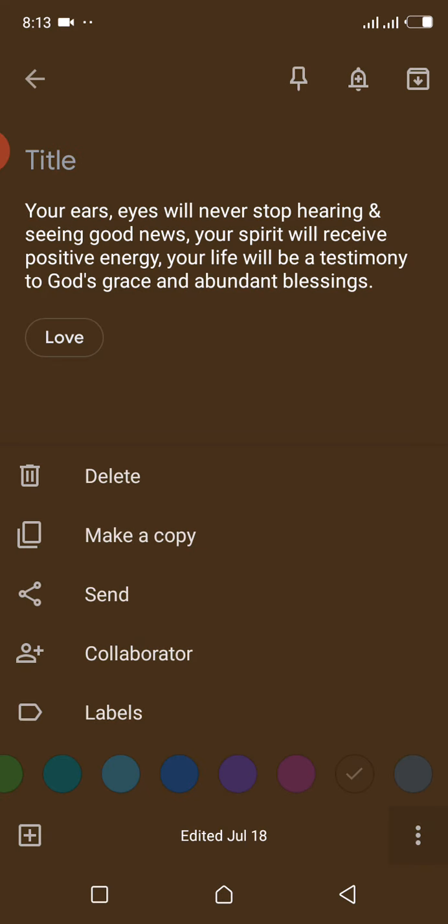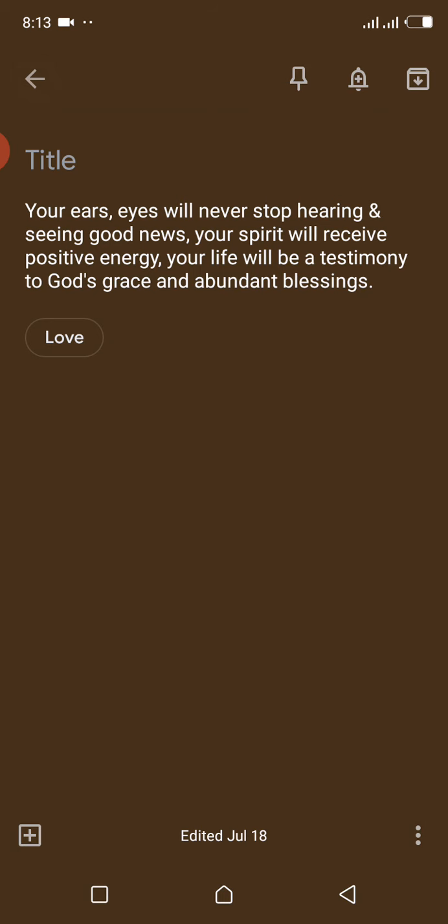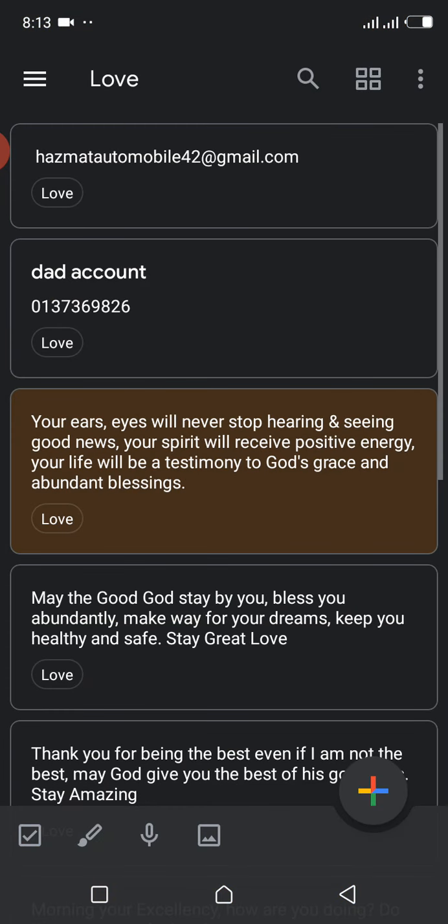It's a good one that you get to do all of those things, so you don't have to worry that you are not with your system, or that you want to do this or that. Just go to your Google Keep Notes, drop everything you need to drop there. You can even copy things from your WhatsApp into this place. If you are the type that writes on your WhatsApp status every time, you can copy them and bring them here to have them organized. So that's just all about using